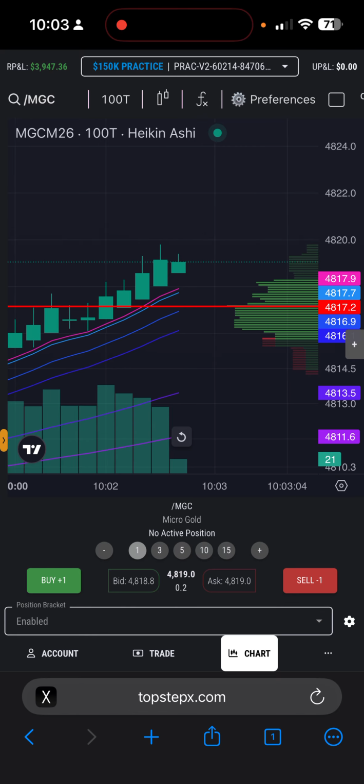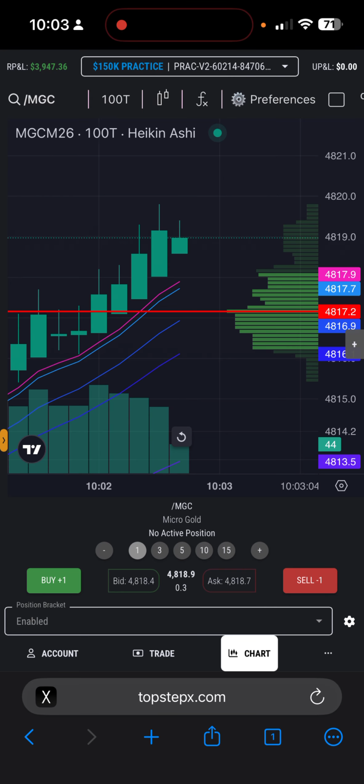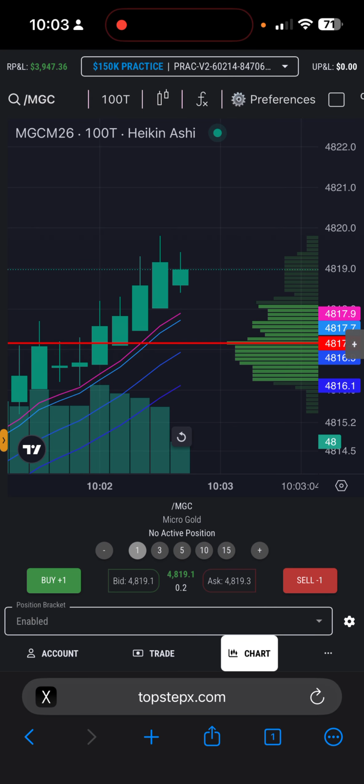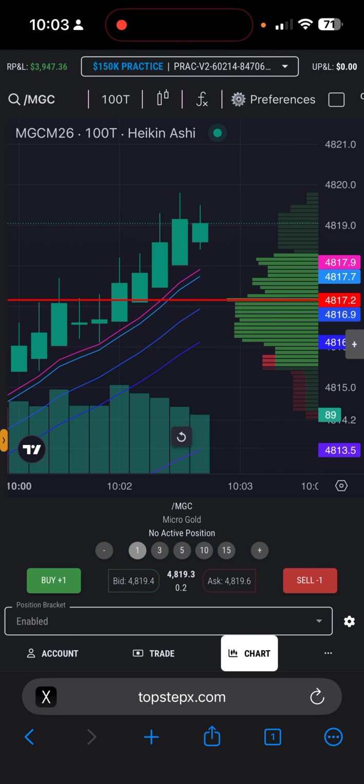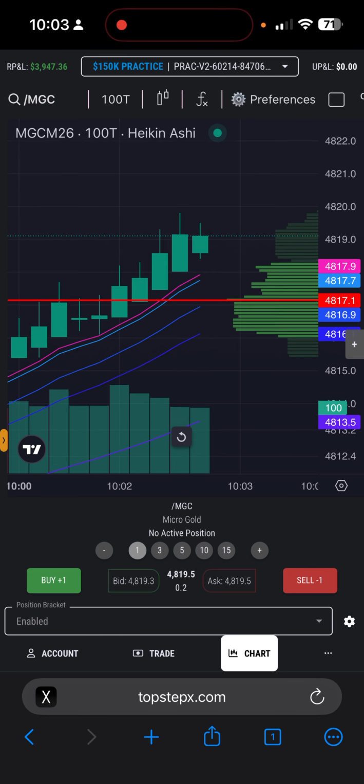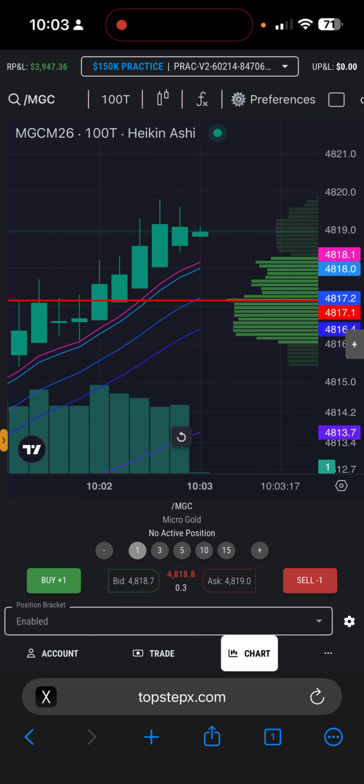Anyway, let's try to get to 4,000. I know this has been kind of slow. I normally do this on the NASDAQ, but I'm trying it on gold, just seeing if this strategy works on all platforms, I mean, on all assets. It looks like it does.